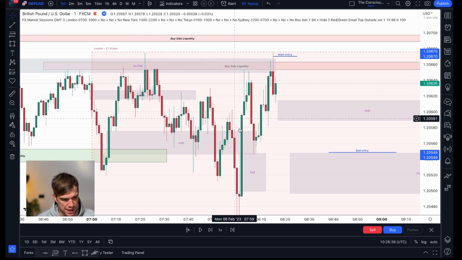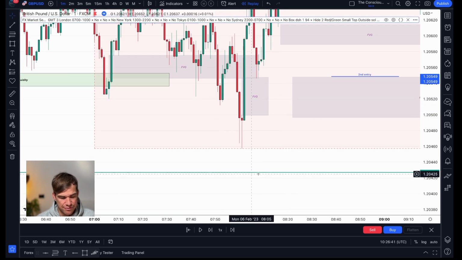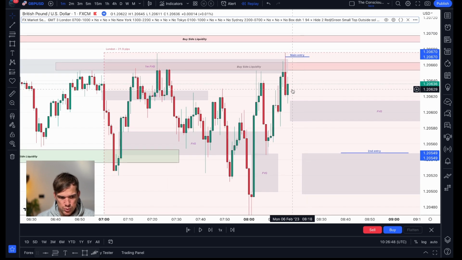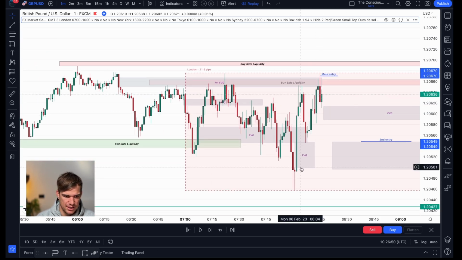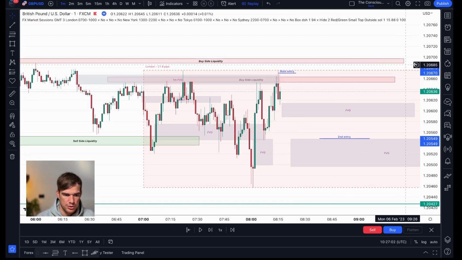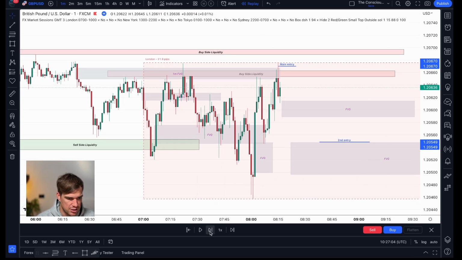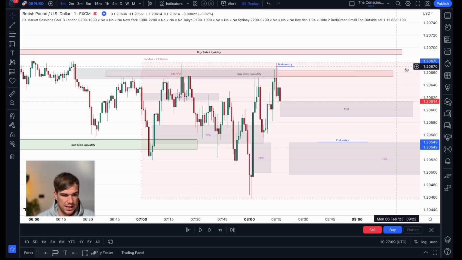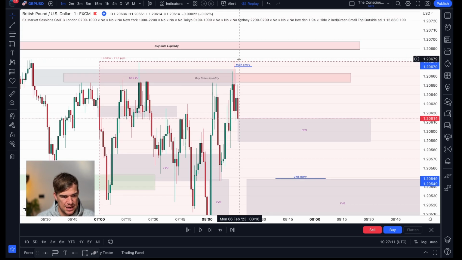So we saw this come back, break the lows and fail to come back to the previous daily low and start pushing higher. So that's when I was convinced that this price is just coming to buy more liquidity on the upper side, almost like a Judas move, to take out a better position and then come down to the previous daily low. So as soon as I saw this move here and it filled that fair value gap, I entered the market and I was super happy with this entry.